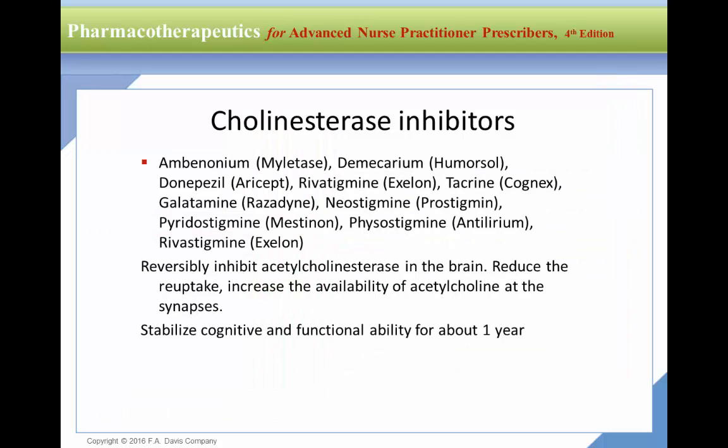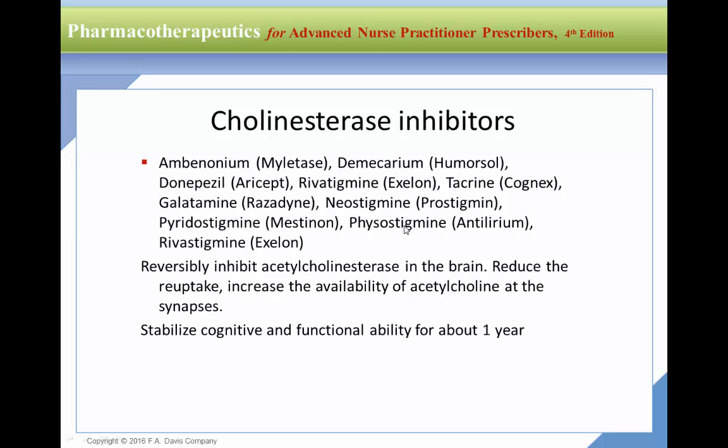So this is the pathophysiology. And cholinesterase inhibitors, remember the pathophysiology is the deficit of acetylcholine, so you need to give more acetylcholine, and you could do this by cholinergic agonists or acetylcholinesterase inhibitors. So if you give, for example, donepezil that we already discussed in class, Aricept, which is your prototype, you basically inhibit acetylcholinesterase in the brain, giving more acetylcholine at the level of the synapses. This also applies for neostigmine,